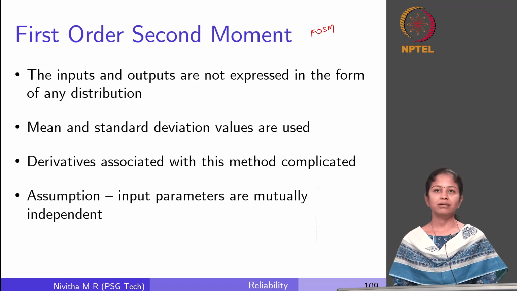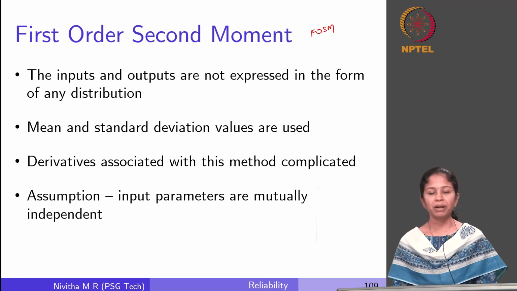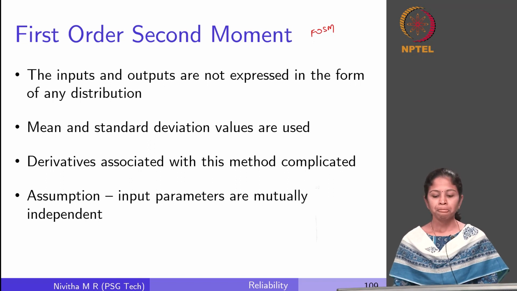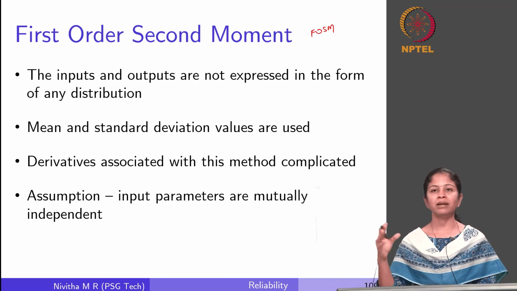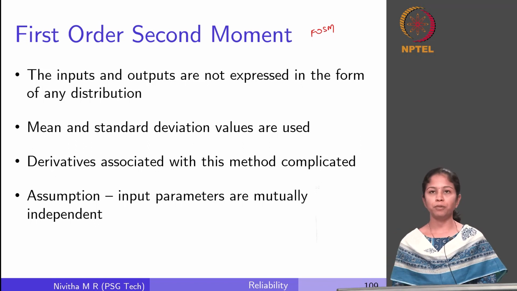The input and outputs in this particular design method is not expressed in the form of any distribution, right. We are going to use only single point value for the input, and we are going to get the corresponding single point value for the output. So mean and standard deviation values are used, but we are not going to arrive at any distribution like how we will be using in the Monte Carlo. The derivatives associated with this method are complicated, so we use a Taylor expansion here. We have to eliminate the higher order terms,